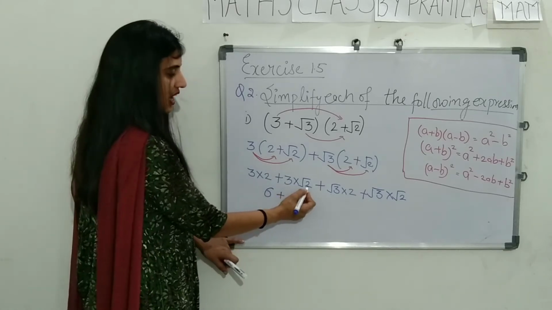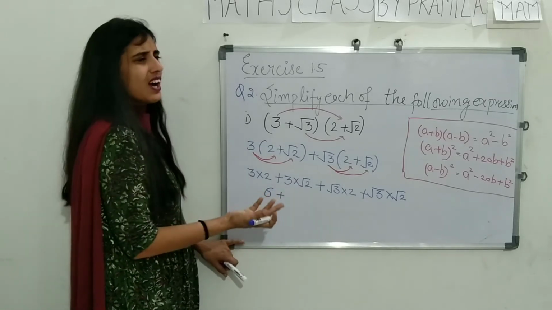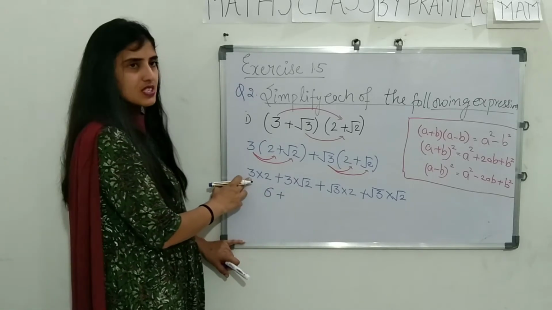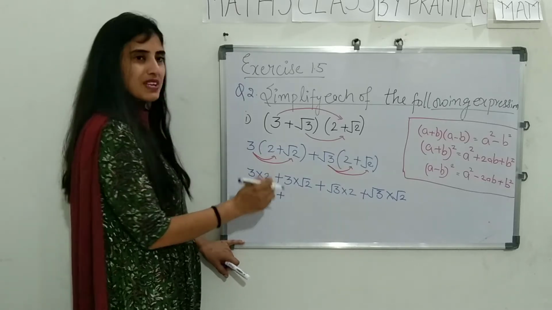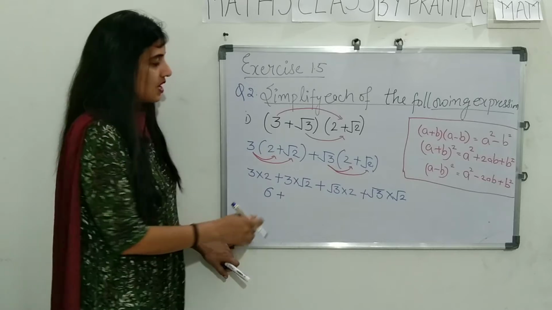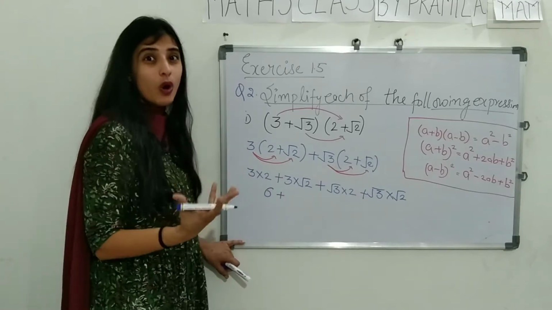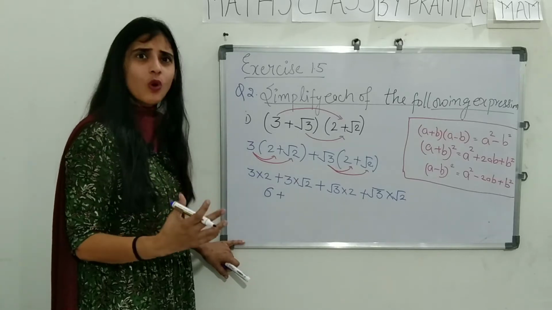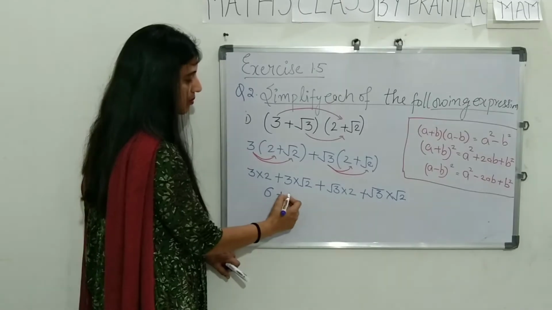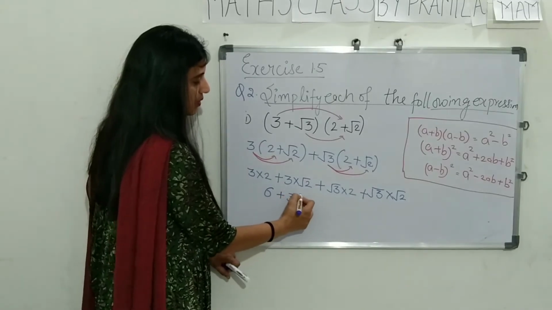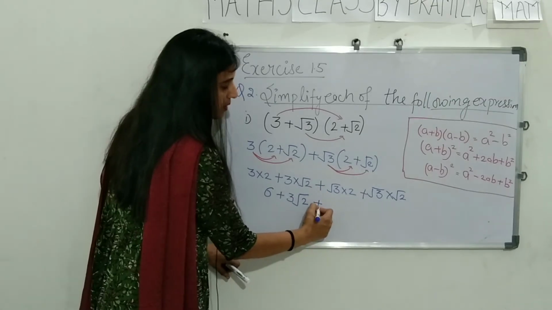Now this is 3 and this is root 2. Okay, can we combine? I'll give you one example. This is water, okay, and this is lemonade. You can mix water and lemonade, but in this case, 3 is water and root 2 is oil. Can you mix water and oil? No, we can't. So we can't multiply these two numbers. So we will write 3 root 2. Okay, now plus sign, we'll put plus sign.